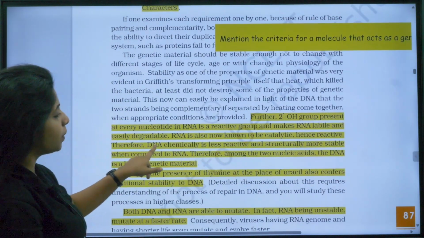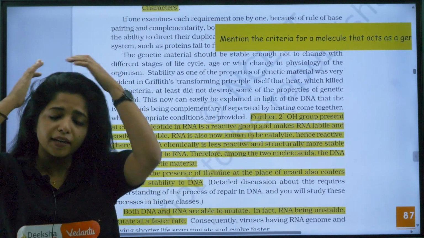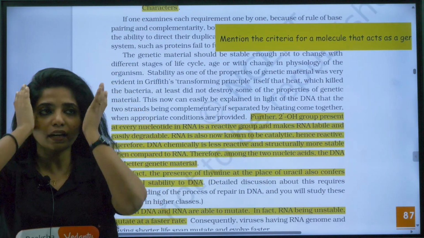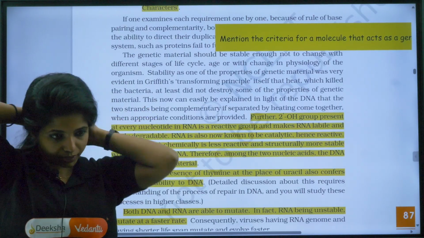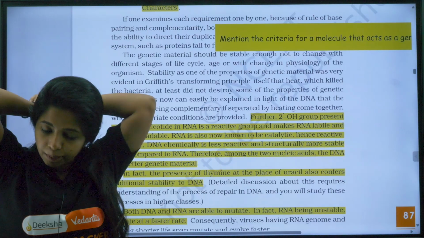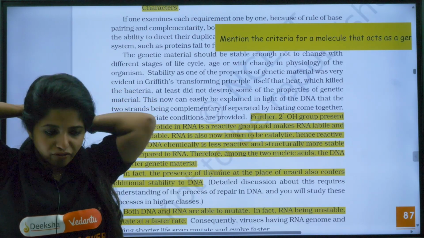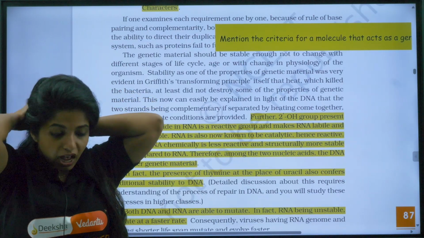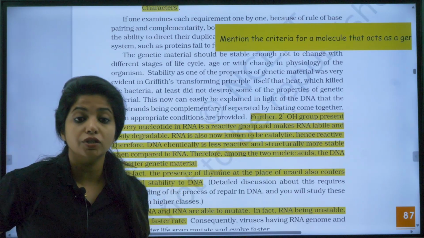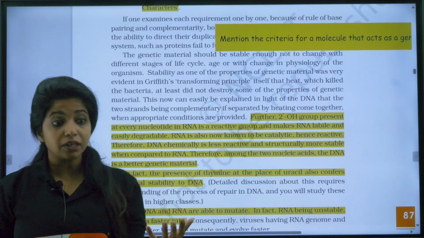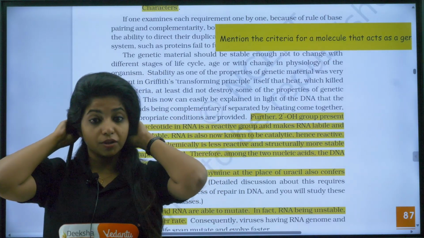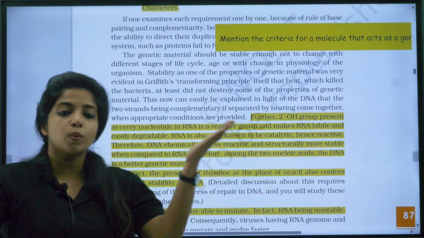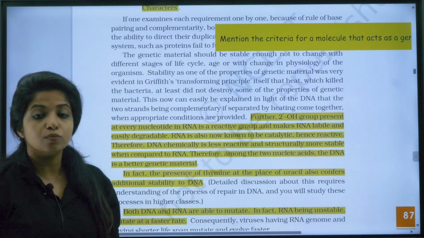Okay, this is a very important thing which explains why RNA is not a good genetic material. The first genetic material that was identified was RNA. Initially organisms had RNA as the genetic material, but it was kind of risky to have it. Why? Because RNA is something that could undergo mutations really, really fast. And if our genetic material is undergoing mutation, probably we won't be looking the same. We would be having so many changes, so many diseases. That is why the shift was made to DNA, which was more stable.